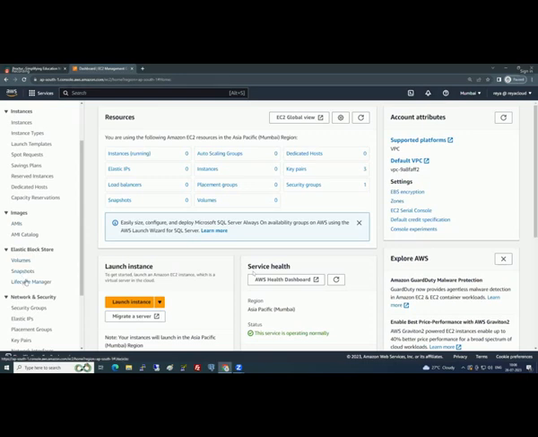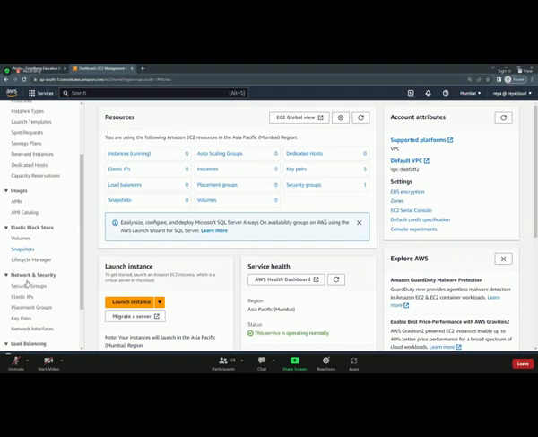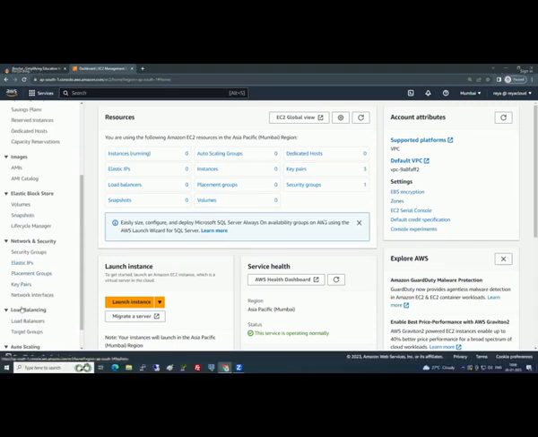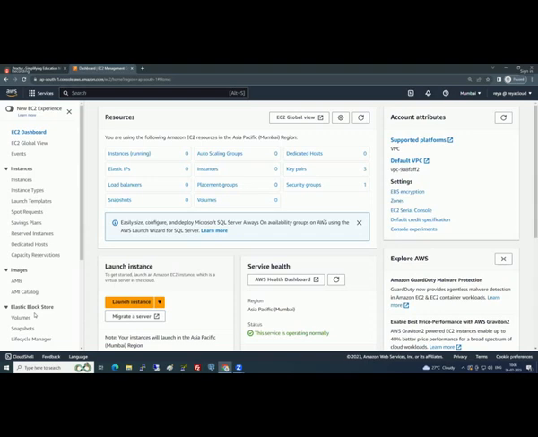Lifecycle Manager. What is Lifecycle Manager used for? Yes, to create snapshots and AMIs automatically. And then security groups, elastic IPs, placement groups, key pairs. For every EC2 instance there will be a NIC card, with an IP address. Load balancers, target groups, auto scaling. Completed? There is nothing left there. Now you need to know where to click, what to click, how to click. Let's go from the top.